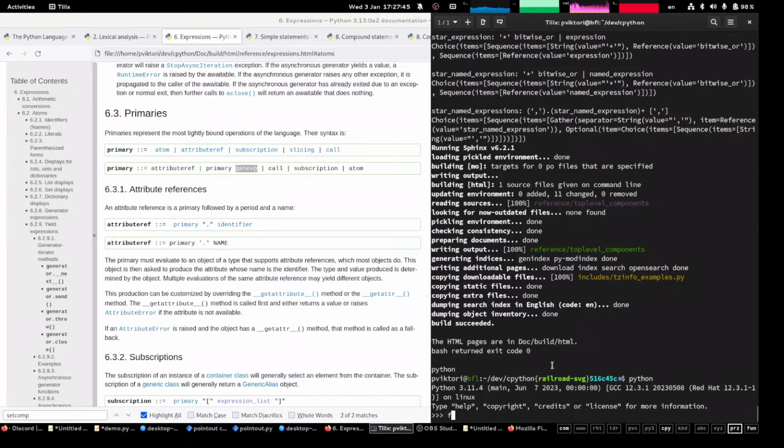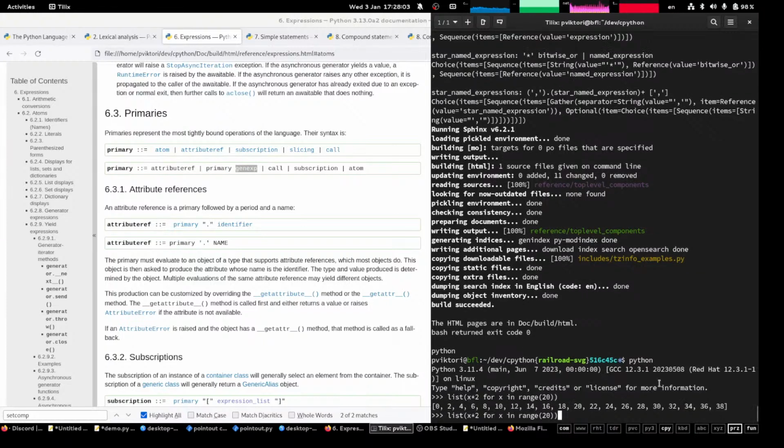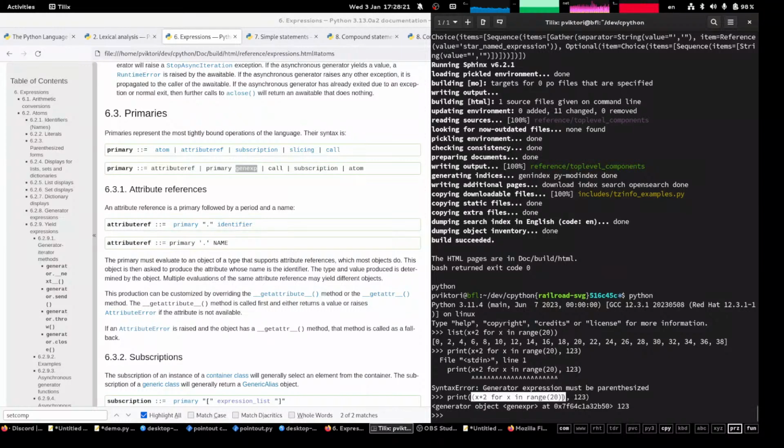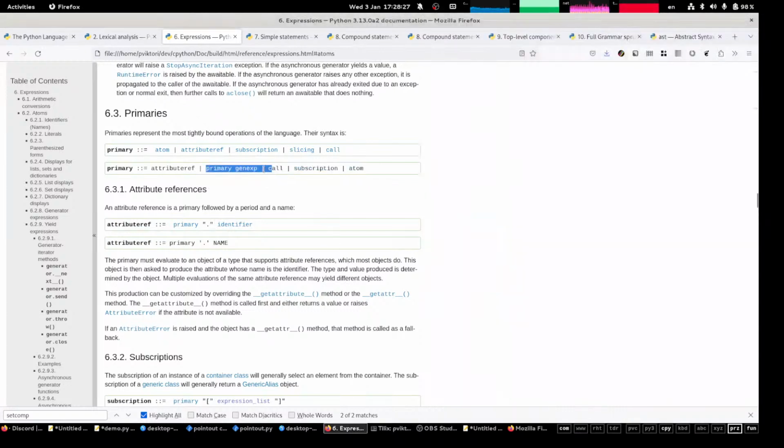So you can do foo, I don't know, x times 2 for x in range 20. Oh, it's an existing function, so you can do that, but as soon as you add another argument, Python will complain that the generator expression must be parenthesized, right? So you need to parenthesize the generator expression unless it's the only argument, and that has its own